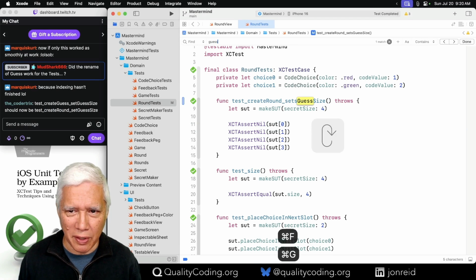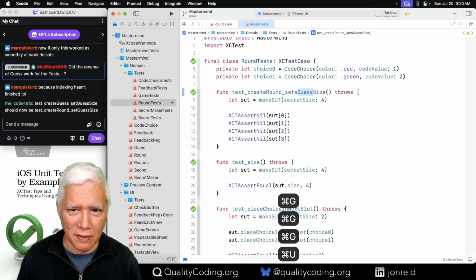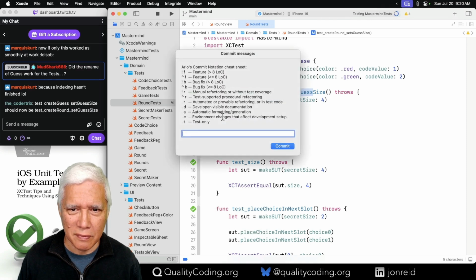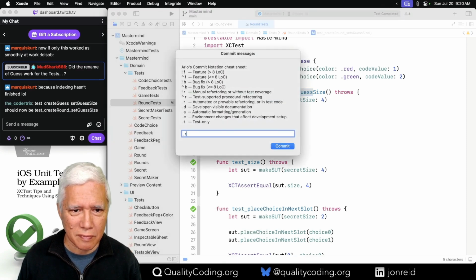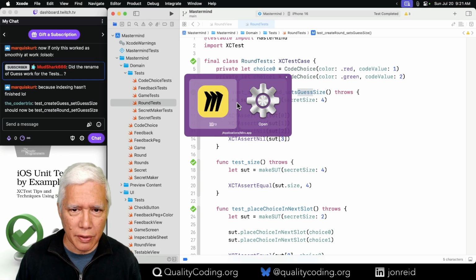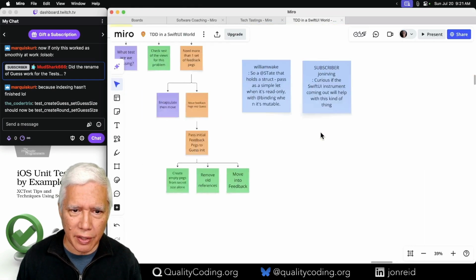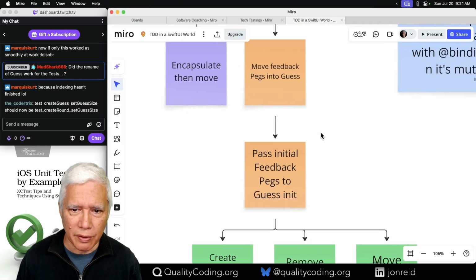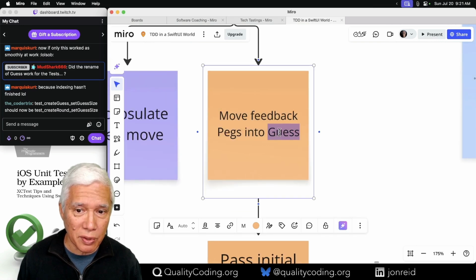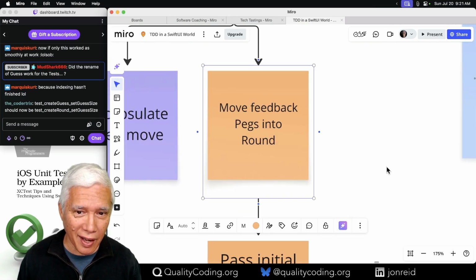We see where else guess is used here. No, that's good enough. All right. So this should be a little more sane on the tree, where we want to move feedback pegs into round.